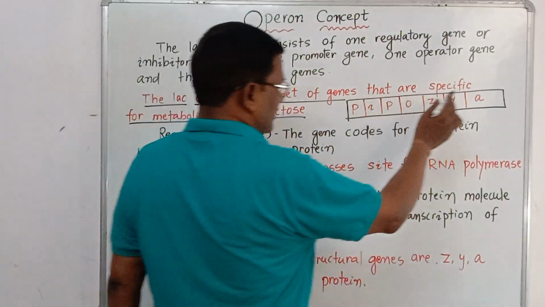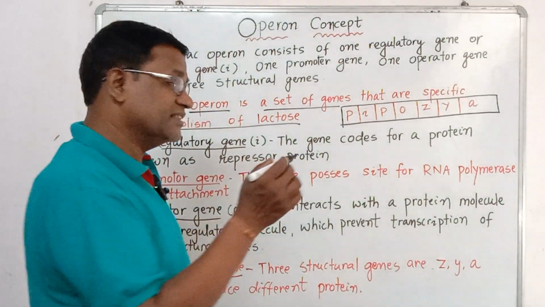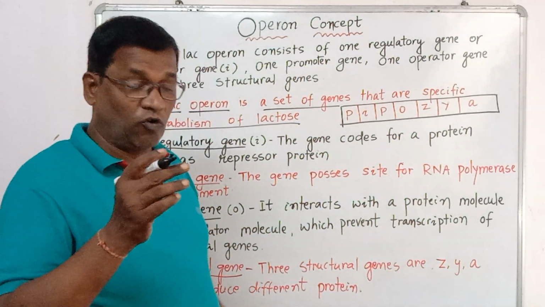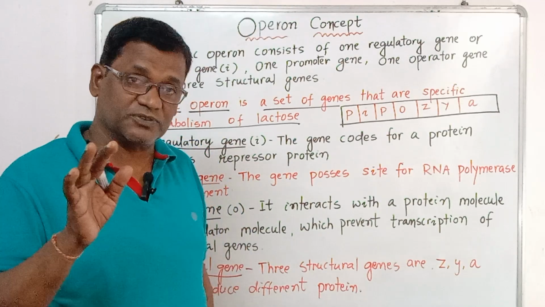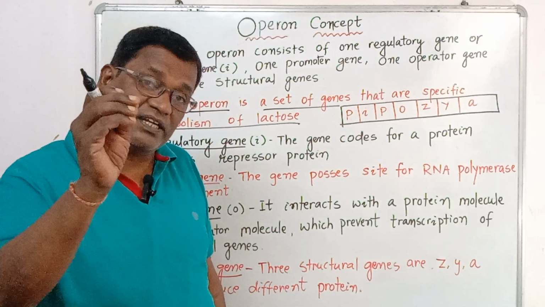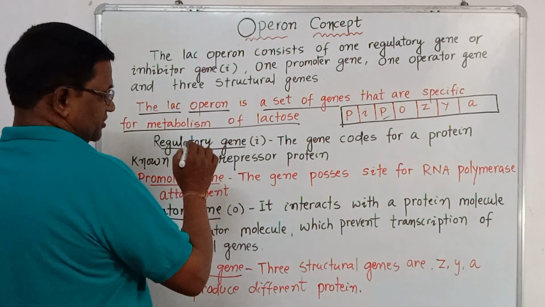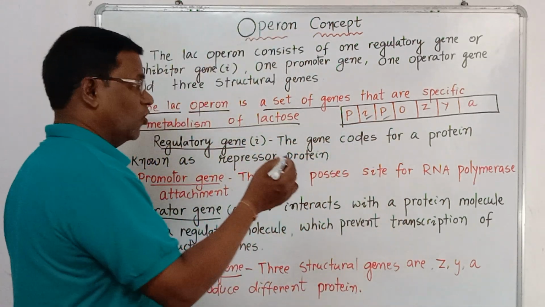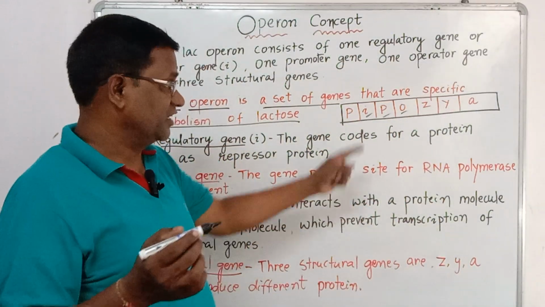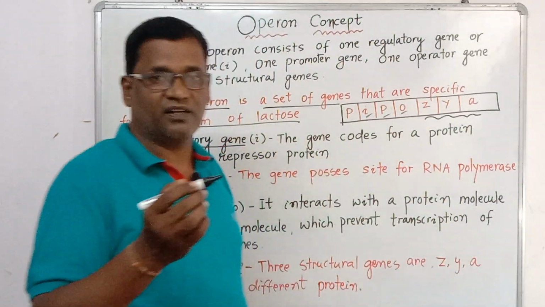Now start the terms which you should be familiar with. First, one diagram is there in your NCERT textbook. What is this? It is a DNA. And what are the segments? The segments are called the genes. But don't forget that not all parts of the segment of DNA are responsible for the production of the enzymes or production of the protein. Some segments are only responsible for P, what is that called? You see, promoter gene. I for regulator or inhibitor, both functions it will do. O for operator, and ZYA, these are called the structural genes which are responsible for formation of the enzymes, that is proteins.